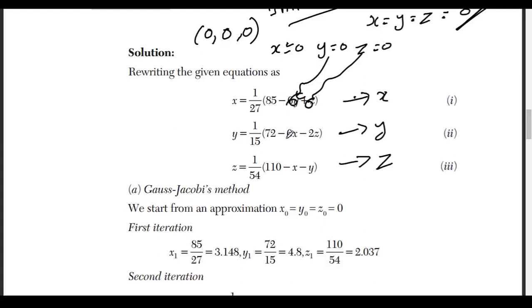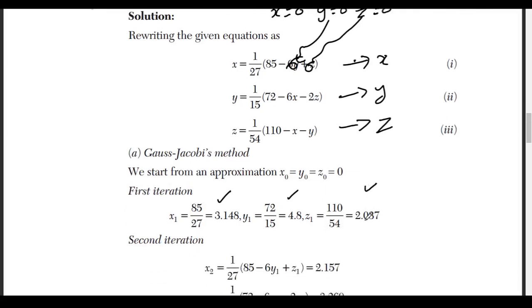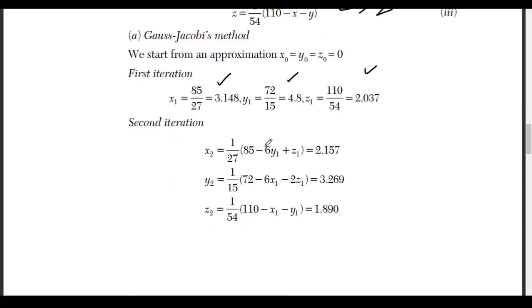It will become 0. So we get 85 by 27. So this one, okay. Next, similarly, we are going to do for y. Y also here, similarly, same. Now, after the next step, we are going to use y1. Here first we are taking the initial condition, x is equal to 0 only, at x naught is equal to 0.